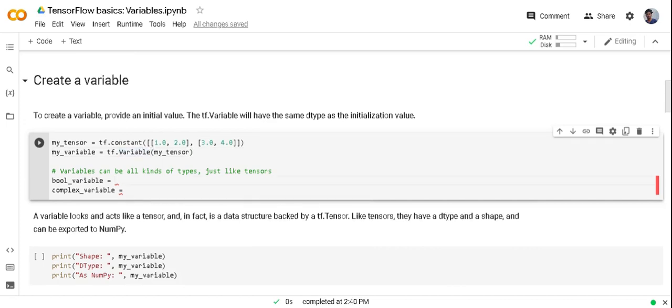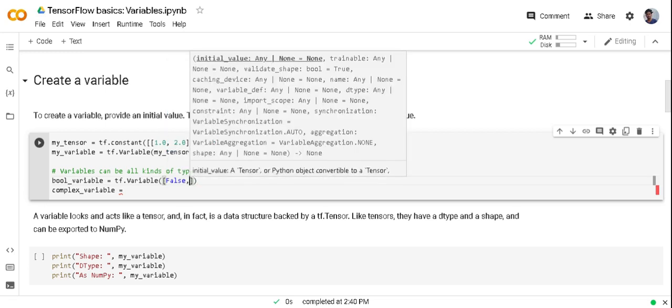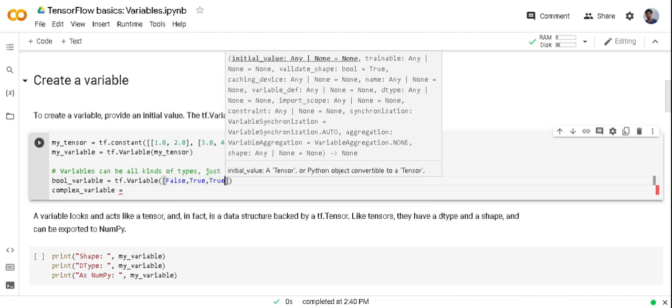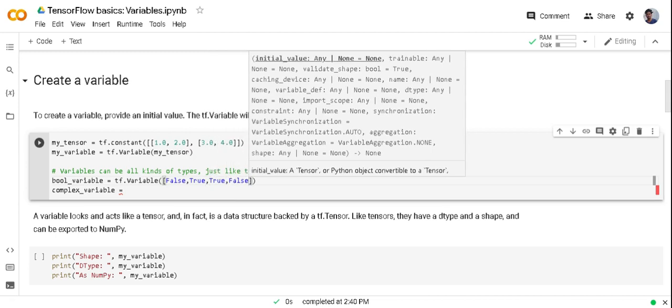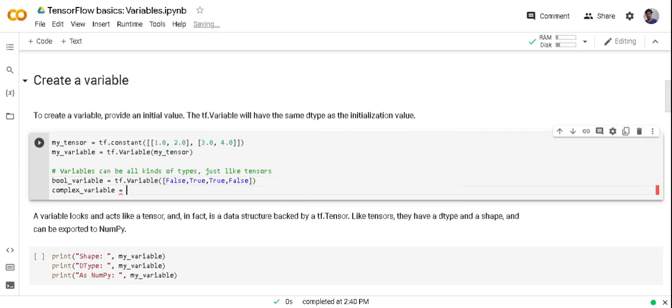Just like tensor, variable can be any type, like it can be a boolean type. Here I am creating a boolean type variable, and I'm giving boolean type values: false, true, true, false.